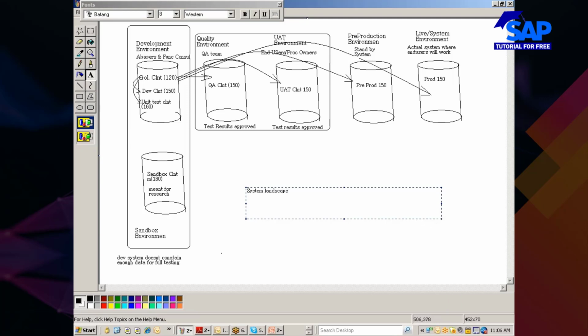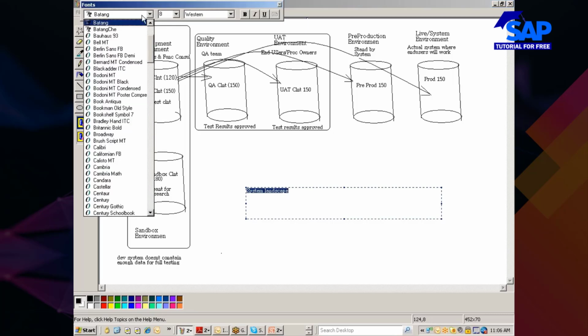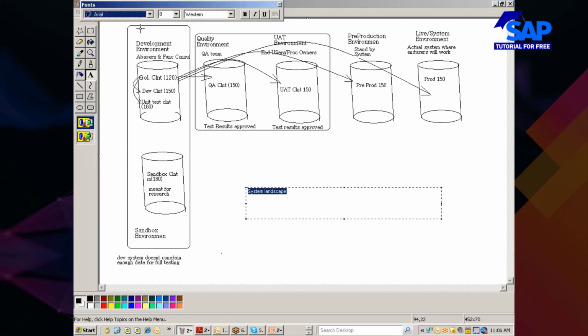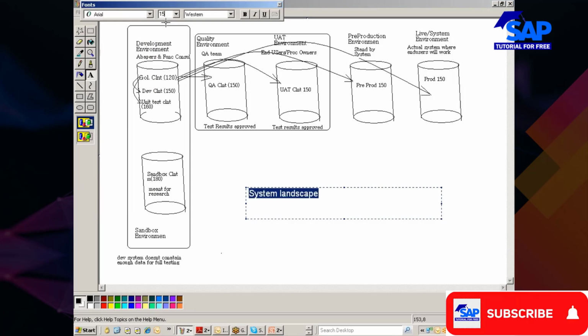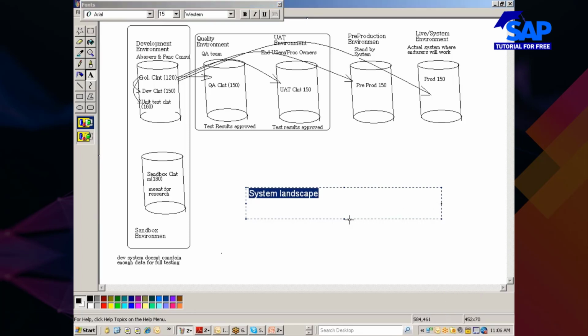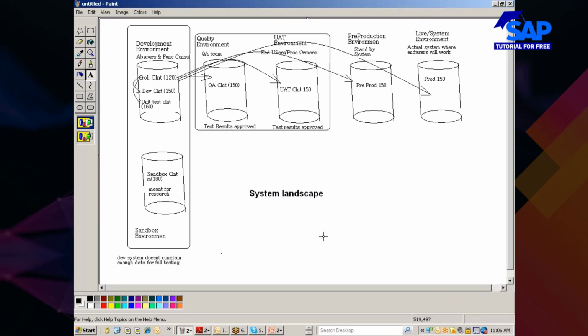Once the project kicks off, the project management team in association with the technical team, the top-level project team, the project lead and the module leads, everybody will sit together.